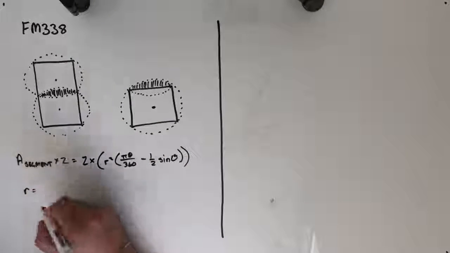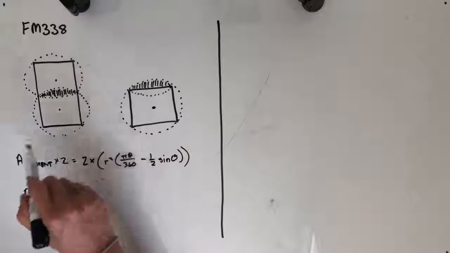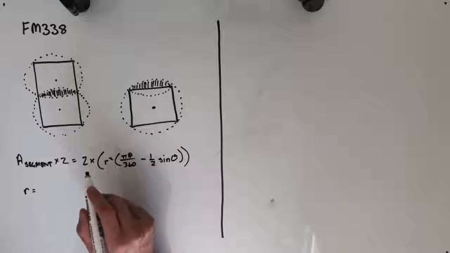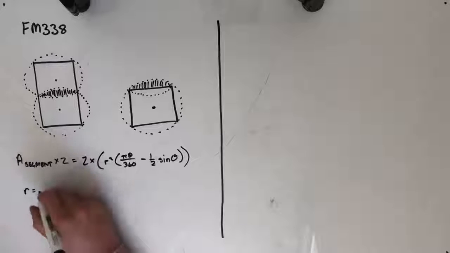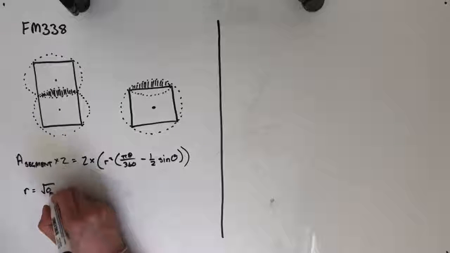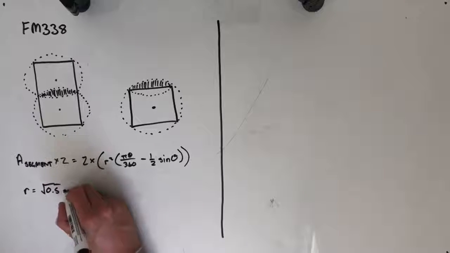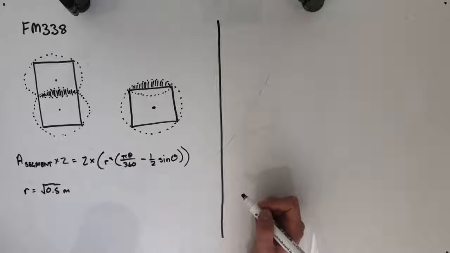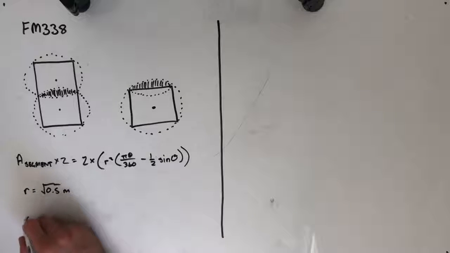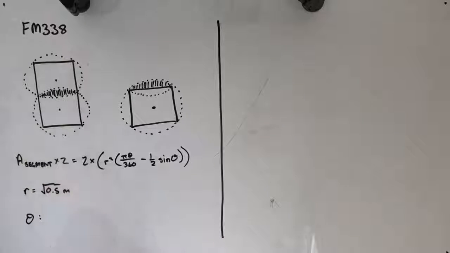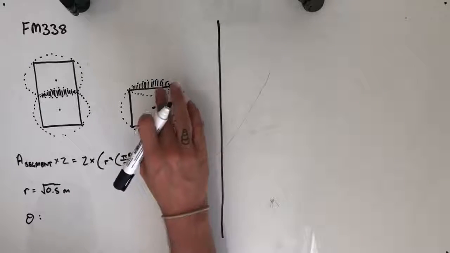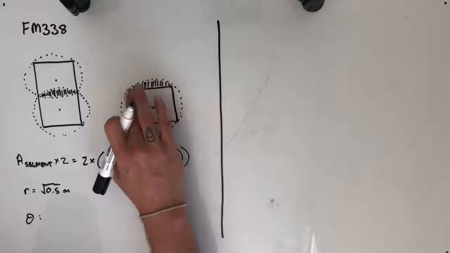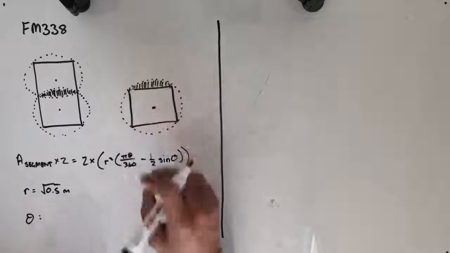Now in the last question we found that the radius of the light that's thrown by these lights is going to be root 0.5 meters. So we're going to keep it in that exact form for now. Where things start to get a little bit more tricky is when we look at theta. And this is why. So if we get rid of some of this for a second, in order to figure out this question,